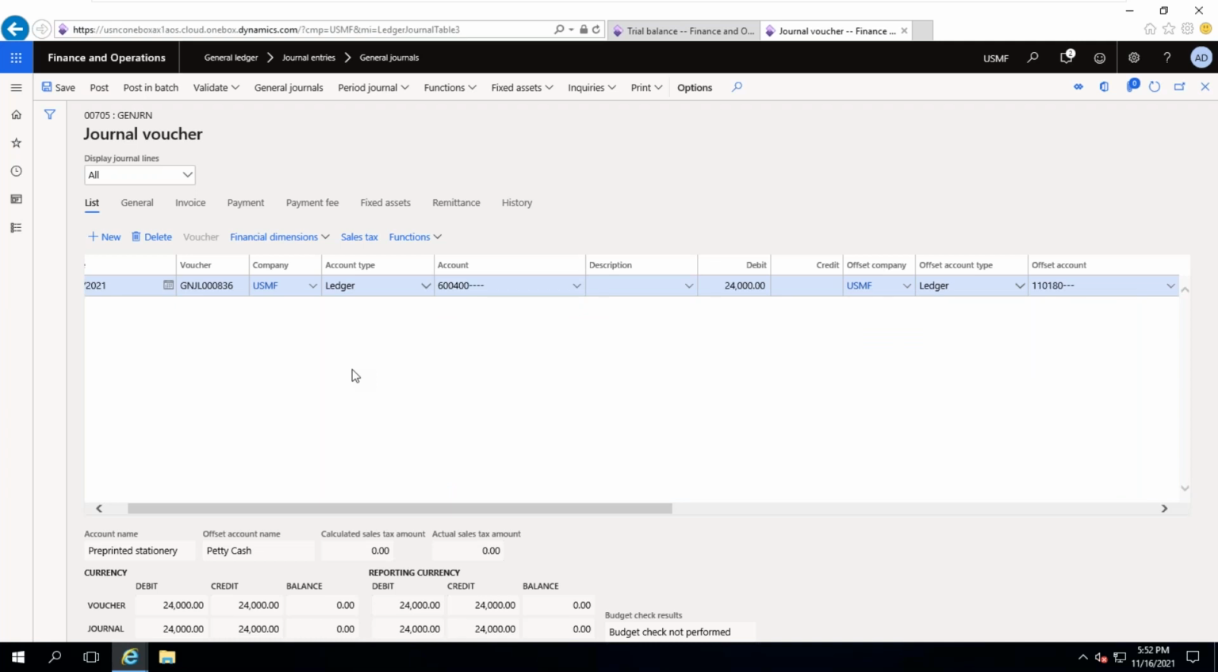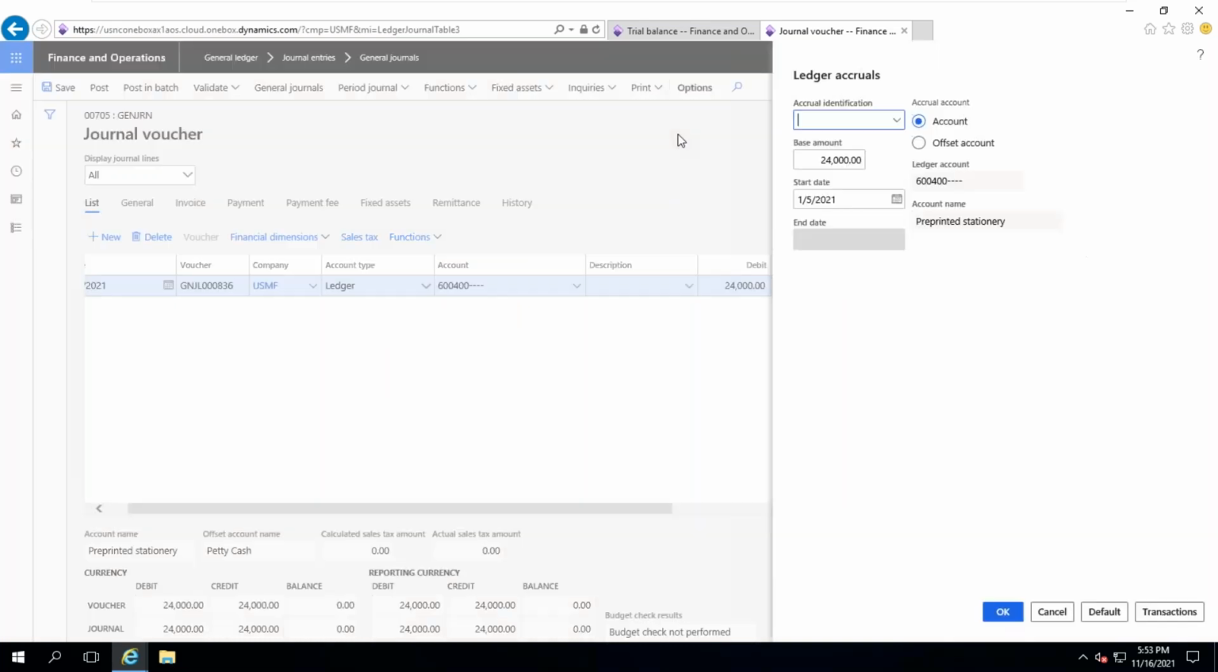Okay, fine. So this is data entry. Once it is entered, now what I'm doing, I'm applying accrual schemes. Okay, give me a second. Ledger accruals. I'm applying ledger accruals. So here you can select the accruals. Accrual scheme or ledger accruals, both are the same. Now if you apply like this, then if you click on the transactions,